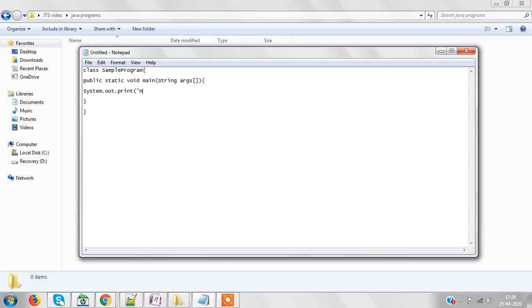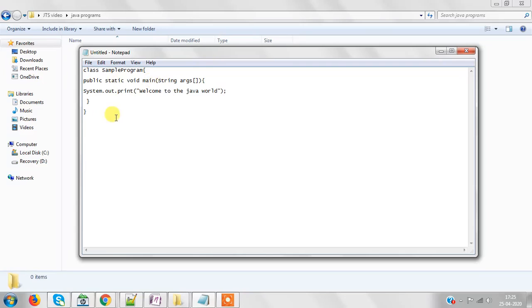So I can write, welcome to the Java world. I have to put the semicolon after that. Here print is a method of System.out. System is a class, inside that out is a static member, then print. You will understand these significances after a few programs. First, you have to see how we can create the simple program.